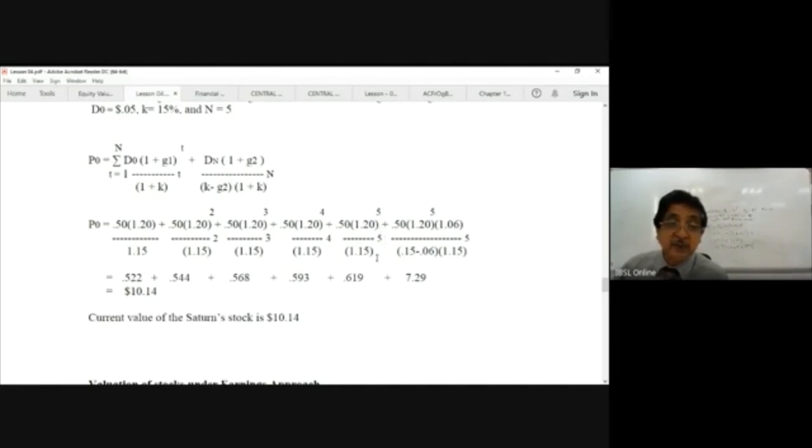These are the dividend cash flows for the first 5 years, and the present values have also been taken. Then we assume that at this point this particular stock is going to be sold. If it is going to be sold, we will have to see what the price would be at that time. So P5